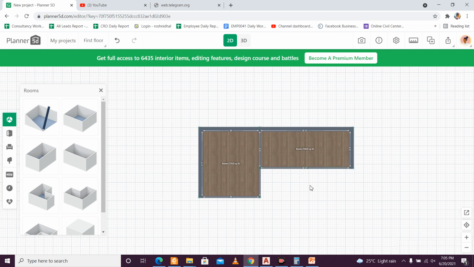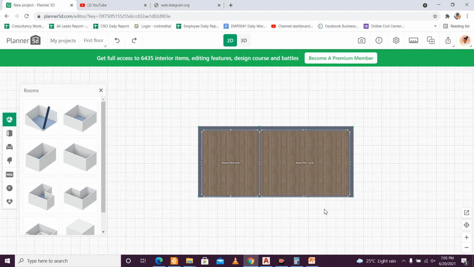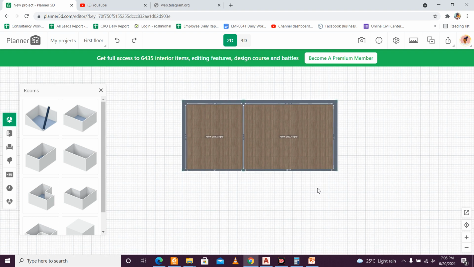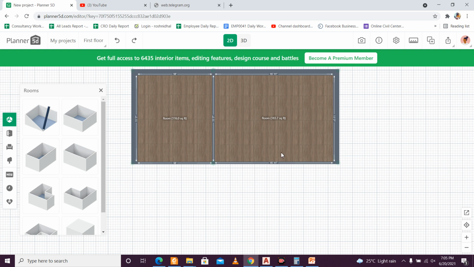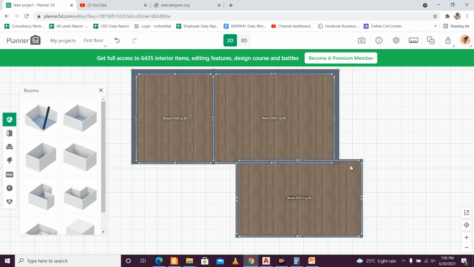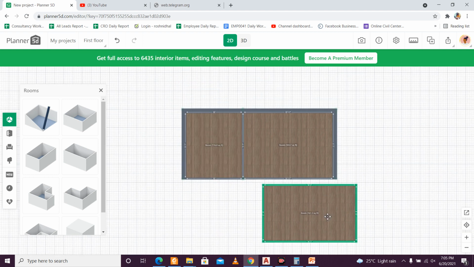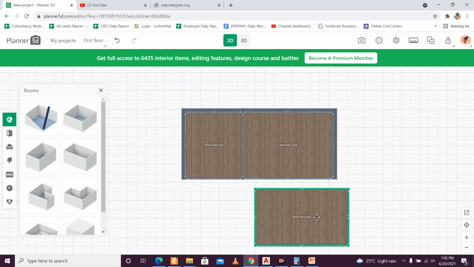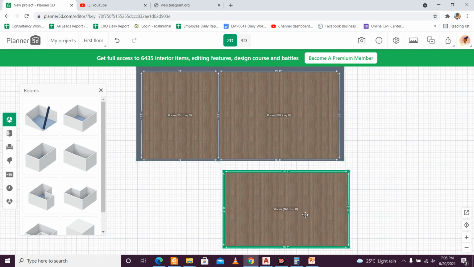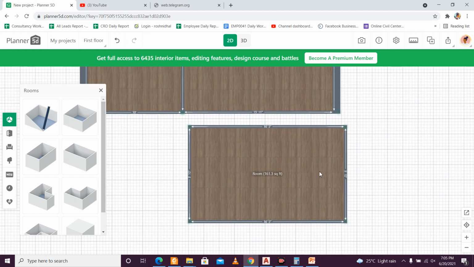So after that, let's place control plus Z. You can place the toilets and all, and the other components which we can place here, we will do that. So let's also place here our toilet. So toilet will be 7 feet into 4 feet 6 inches. So what we'll do, we'll just go here and select this one, and this one will be our toilet. Double click on this and delete this, double click on this and just move it to the bottom, and just define the size first. So it is 7 feet into 4 feet 6 inches.